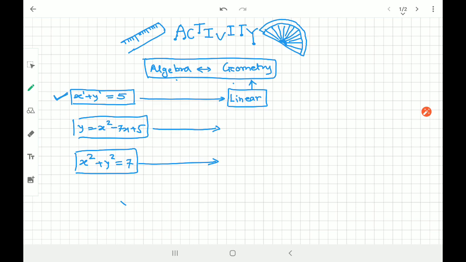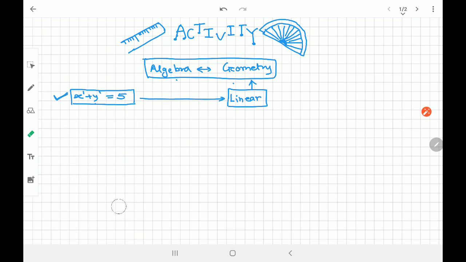Then it is also a linear equation in two variables. Now what is a linear equation in two variables? Two means both variables, x and y, are here. That's why we call it a linear equation in two variables. That's it. Isn't it interesting and simple? So of course you can forget these two things.